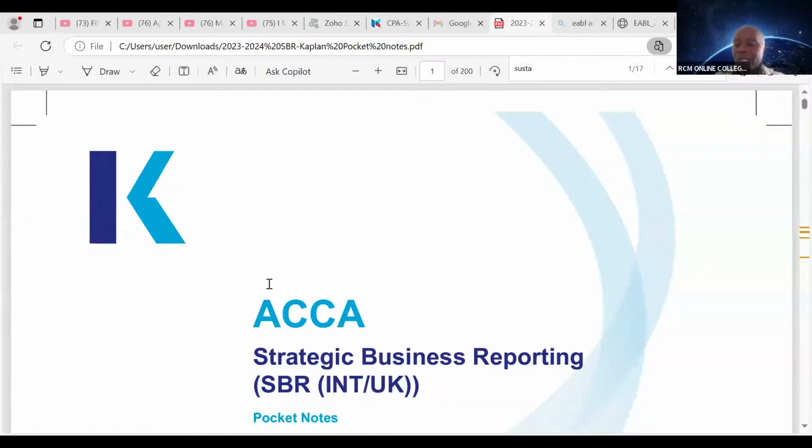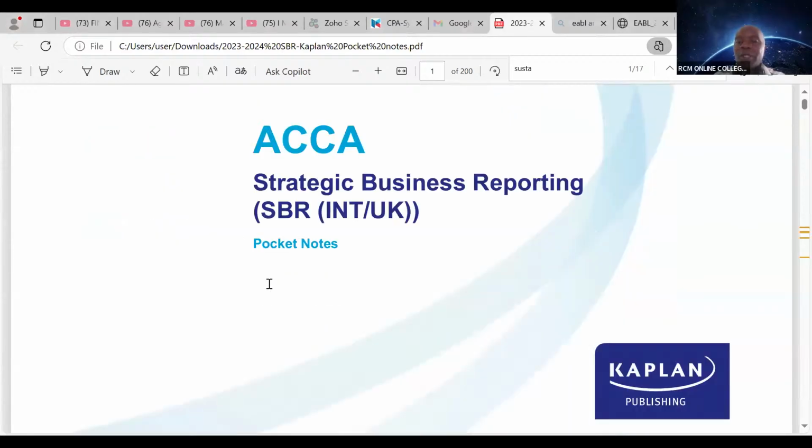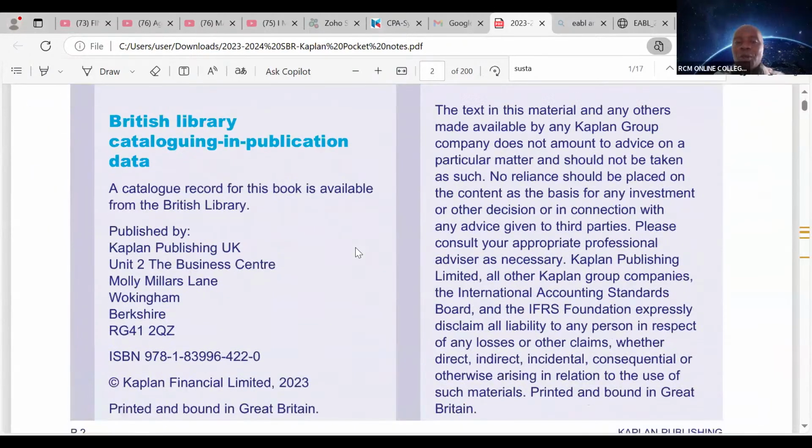Please, if you're our student at RCM, you must work with these pocket notes. We call it SBR, the pocket notes. Yeah, they are highly summarized. And specifically here, I'm going to